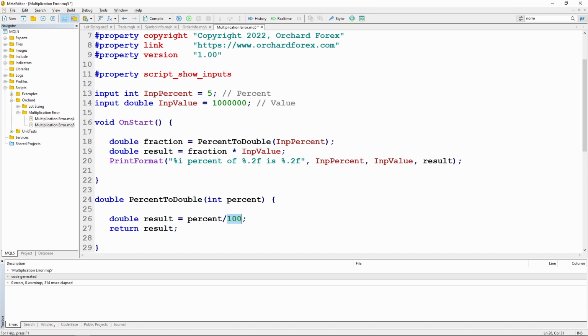The other number I can adjust is this 100. And to make that a double, all I have to do is add 0.0. Simply adding that decimal point will tell the compiler that this is a double value, 100, and that means that one of these values is a double, and I'll get the correct result. So I've put this back to an integer. Let me recompile now